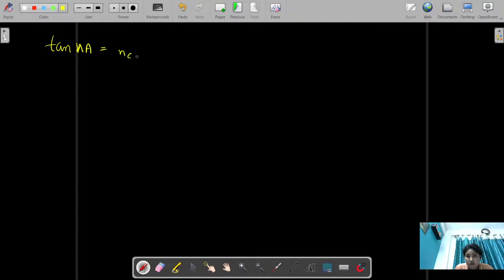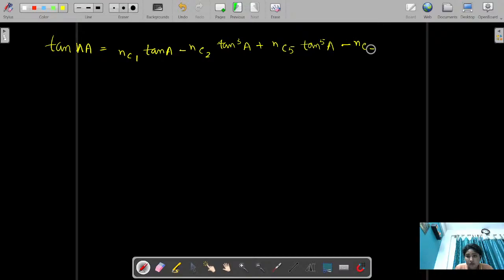It is nC1 into tan A minus nC2 into tan cube A plus nC5 into tan 5A, like that, minus